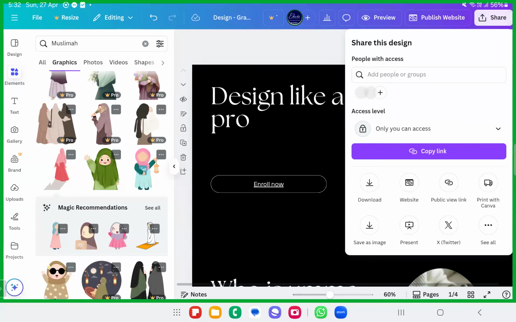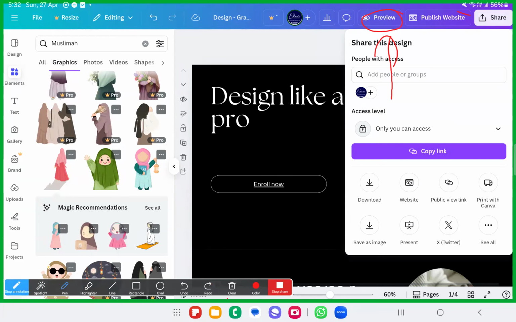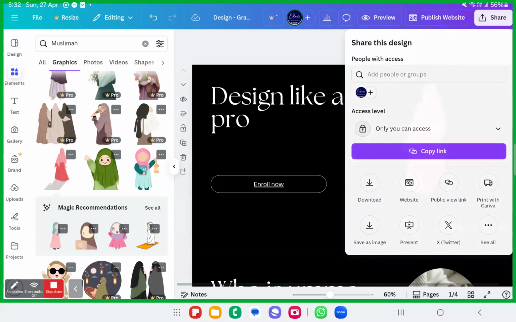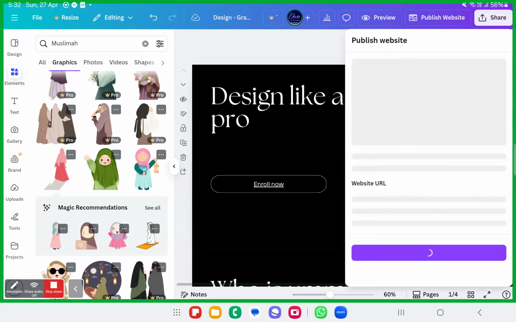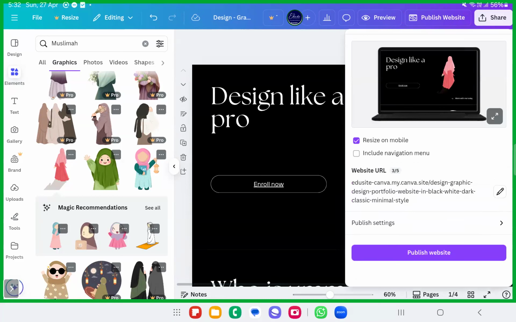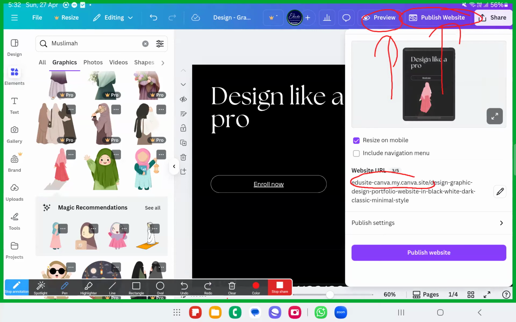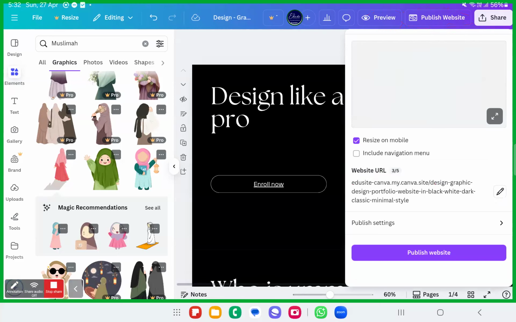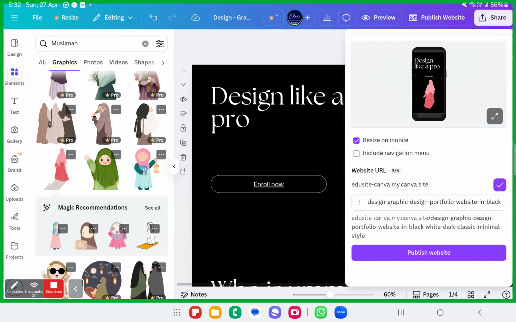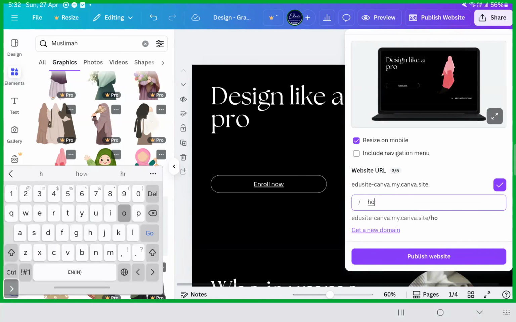Got it? Now, how are you going to launch this website? You just have to click on publish the website. If you're with a smartphone, click on share and publish. If you are with a laptop, you just have to publish the website. Click on the publish website button. You will generate a URL, like edusite.com/ and you just have to give it a few settings. You can write whatever you want for that. Before publishing, make sure that for the first page, you write it as the home page, HOME.